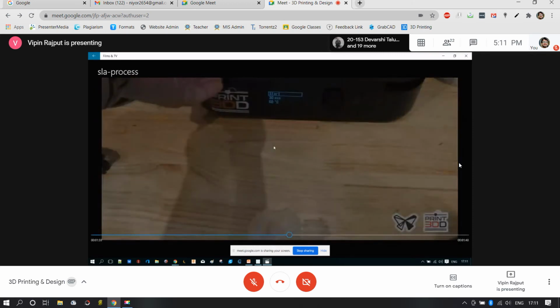So you can see that there are certain printed models which the person is keeping in a chamber. The process after printing goes like this: once the print is completed, you need to wash it. After washing, you need to cure the models. So you put the model in a UV curing chamber, with a wavelength of 405 nanometer. This is the wavelength of the UV light, and this light hits the model and further cures everything in its desired shape and size.